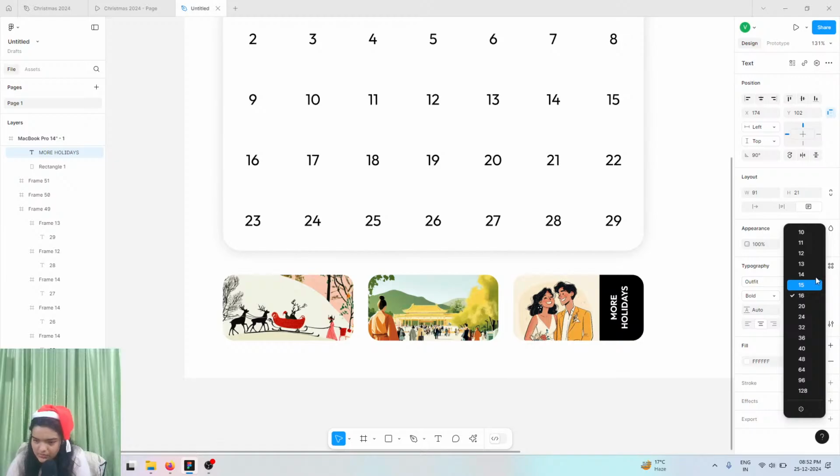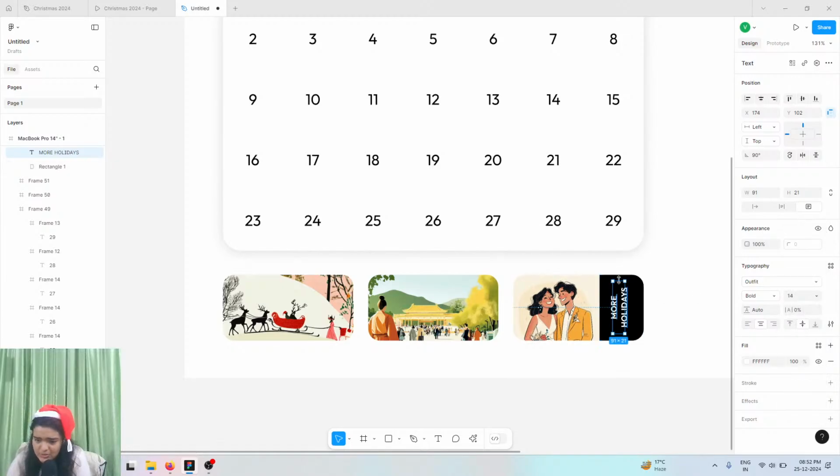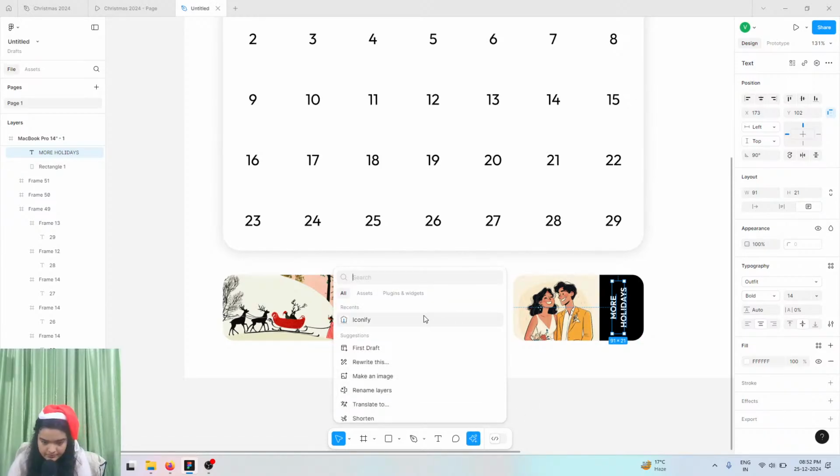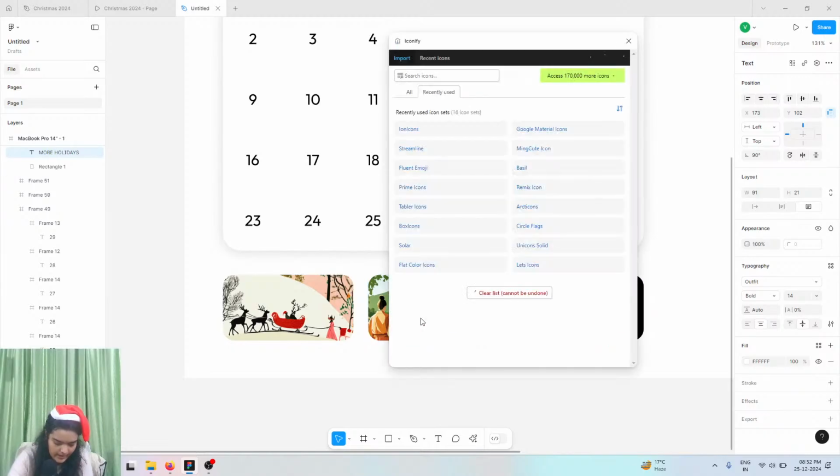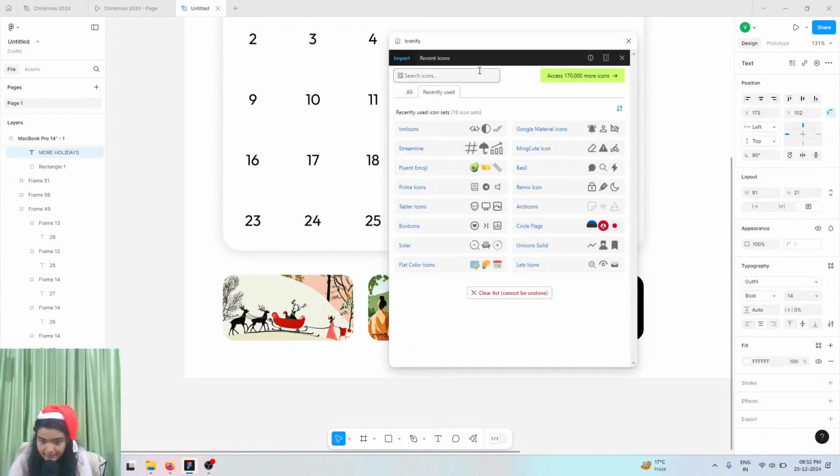You know what, let's reduce the font size because 14 would look much better, especially with the padding here and here. Let's bring this right here, and then we're going to also have an icon here which is going to come from Iconify. We're going to search back for Iconify